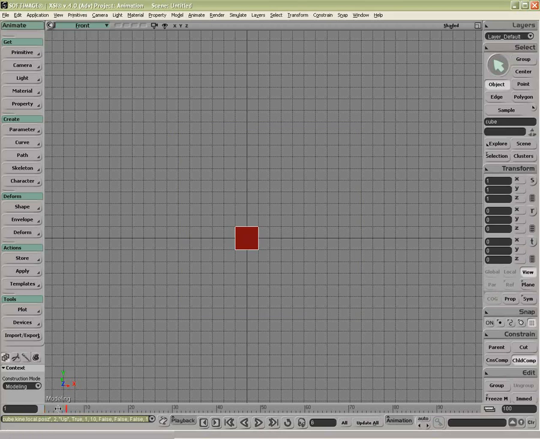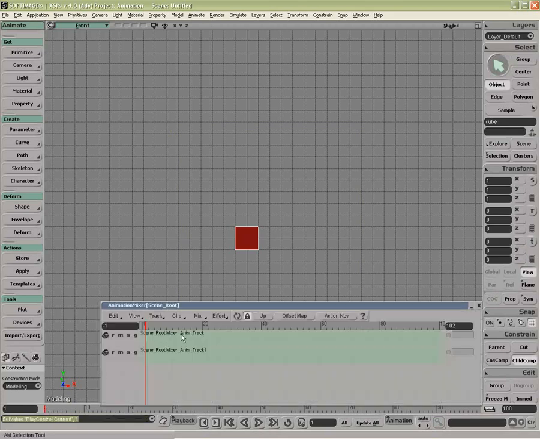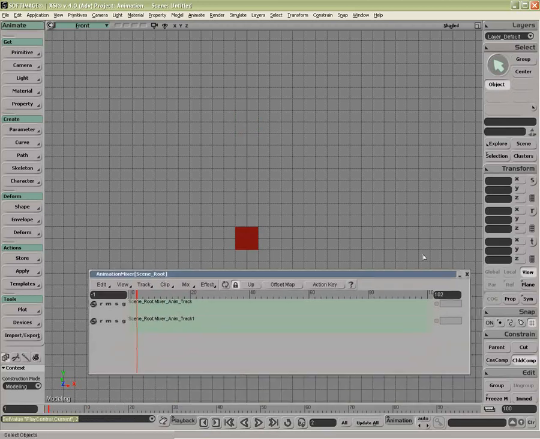So now when I scrub the timeline, I have no animation. If I open up the animation mixer, Alt-0 is the hotkey, I can insert the source, and there it is, there's the up motion defined as a clip. If I go back to frame 1 here, don't need this anymore,